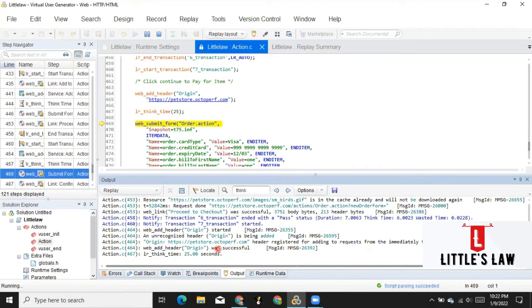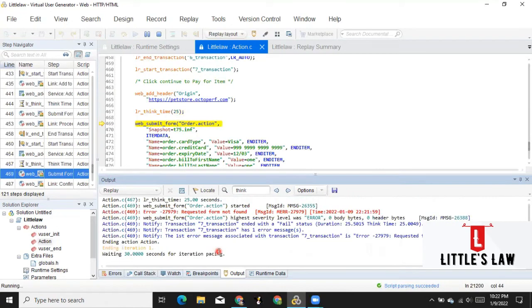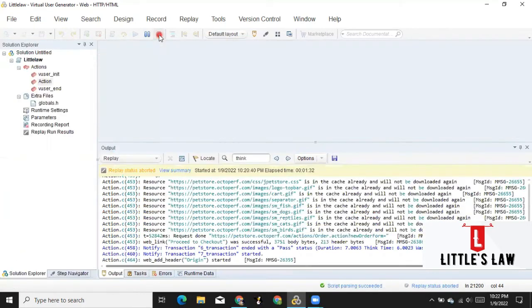And then we have completed the think time and moved to the next step. I think we can stop the validation for now. And let's now move to the next